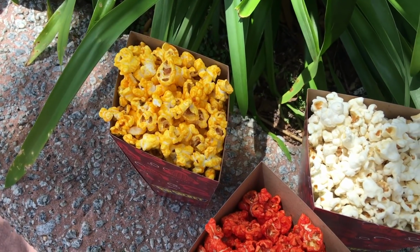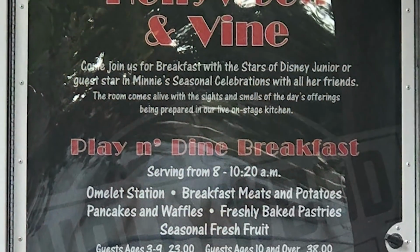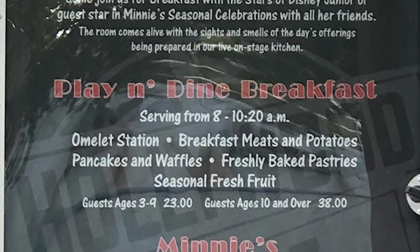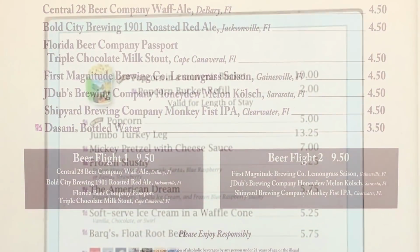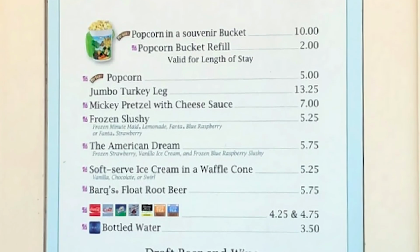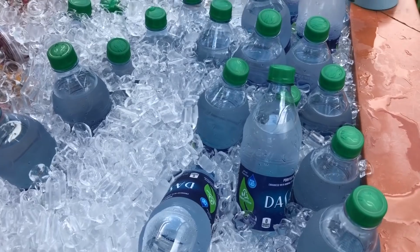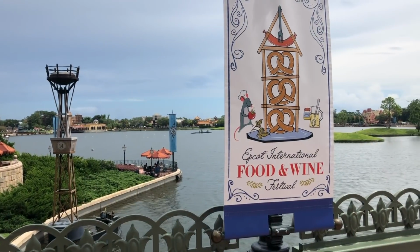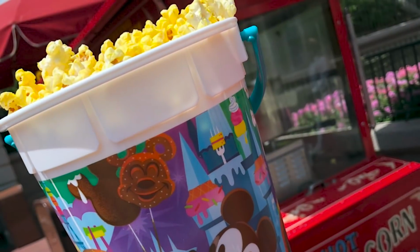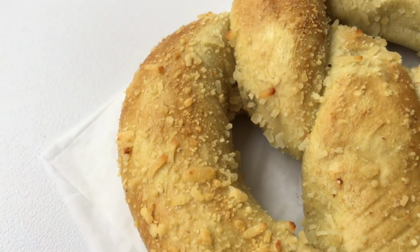Speaking of price increases, we saw some food price increases, and actually we saw one of the largest food price increases across all of the parks, Disney World, Disneyland, and the resorts ever recorded. Huge price increases on just about everything from $1 to $1.50 on bottled sodas and bottled water. You saw beer and wine prices go up, snack prices went up, popcorn, Mickey bars are now much more expensive than they were. All of those snacks, all that regular stuff got a huge price hike, and that happened in